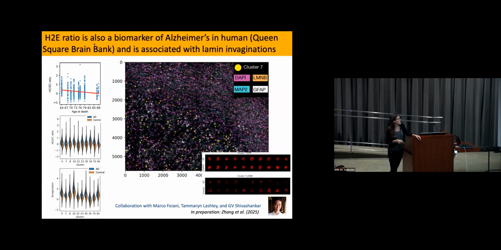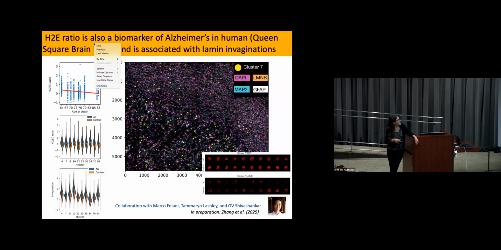Now, what we were also interested to see is to compare this to things that are known. So in Alzheimer's disease, we know that there are differences in lamin B and that we have these invaginations in the cell nucleus. And in fact, these cells or clusters where you see the heterochromatin to euchromatin ratio go up significantly are in fact also associated with these lamin B invaginations. And so we really need to get to the biology and the mechanisms of how this all relates to Alzheimer's